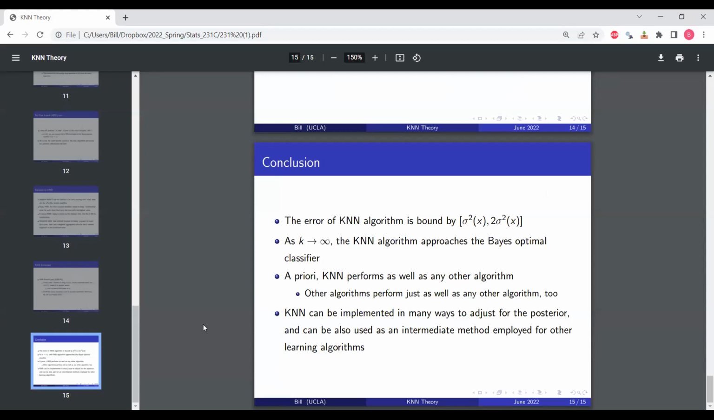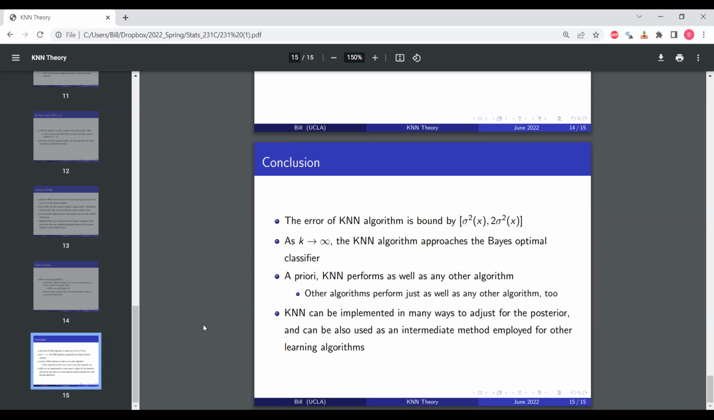So in conclusion, I proved that the error of the KNN algorithm is bounded by 1x the risk of the Bayes optimal classifier and 2x the risk of the Bayes optimal classifier. And we established a condition where the KNN algorithm approximates the Bayes optimal classifier. Further on, given this insight,